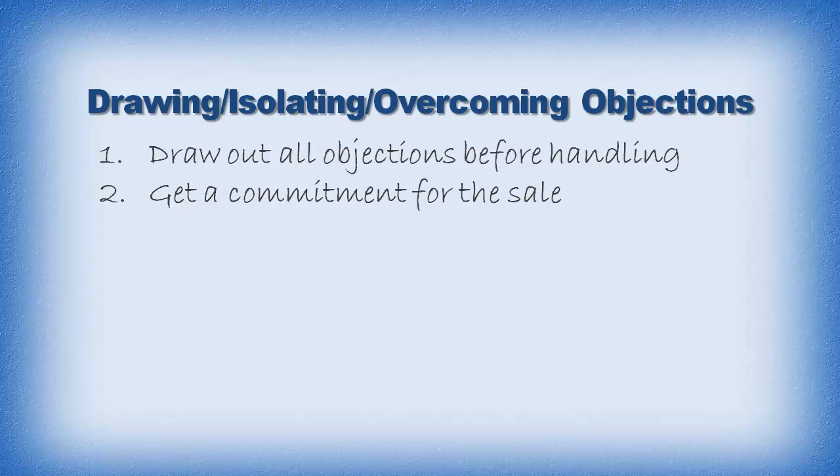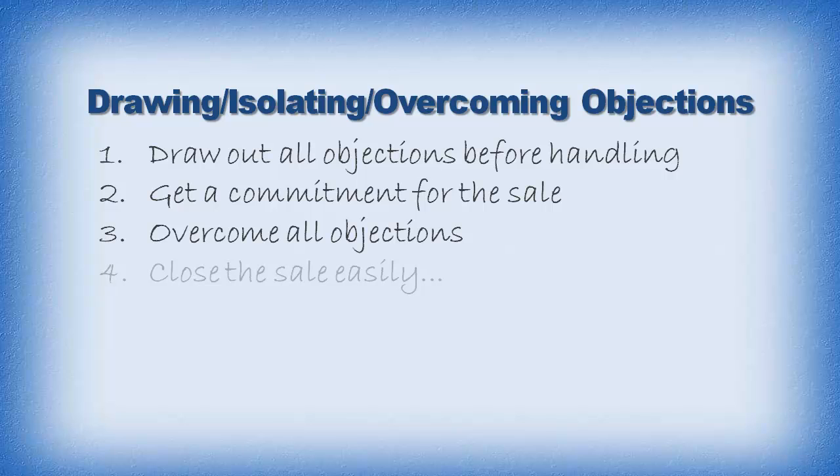You sort of have a commitment from the customer. This is one of the 6 laws of persuasion and influence: commitment and consistency. They have committed to the sale. They have said, yes, if the price was right, I would buy. Then you make the price right, they are going to buy. They committed to the sale.